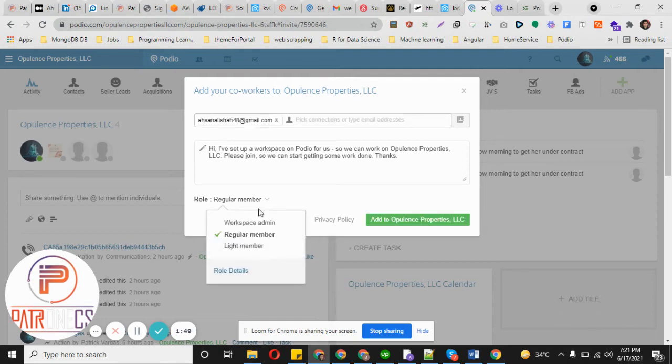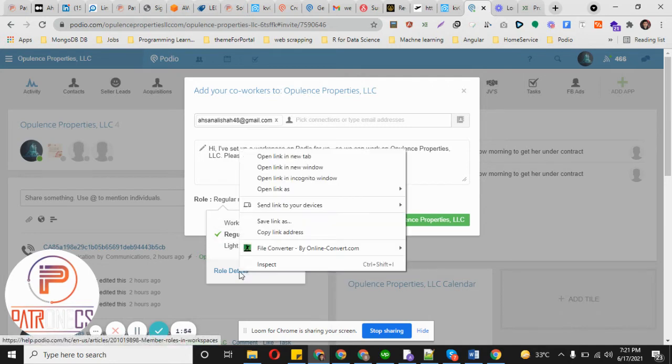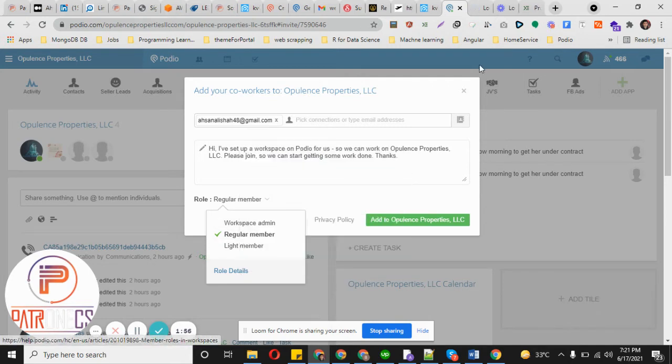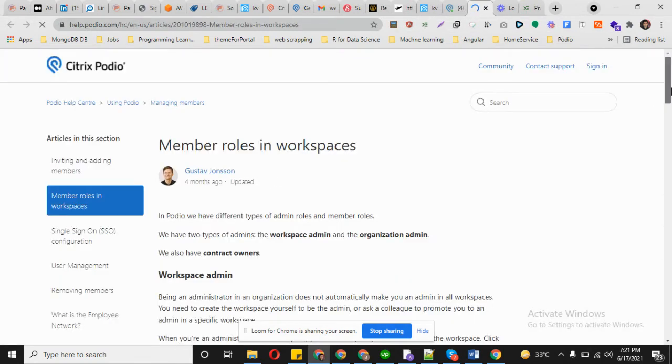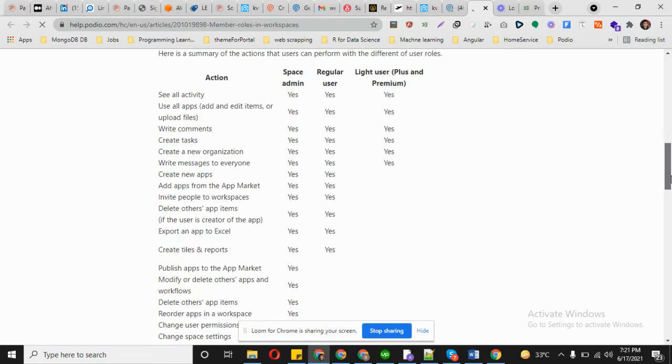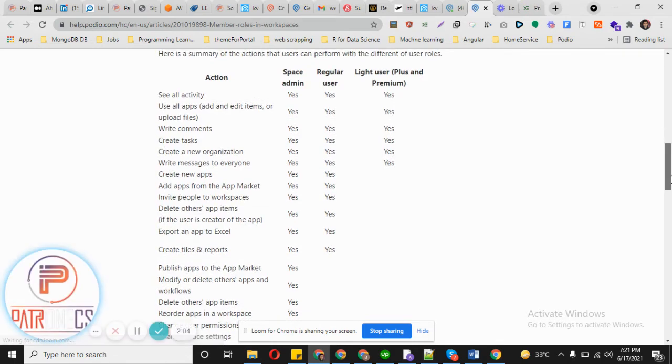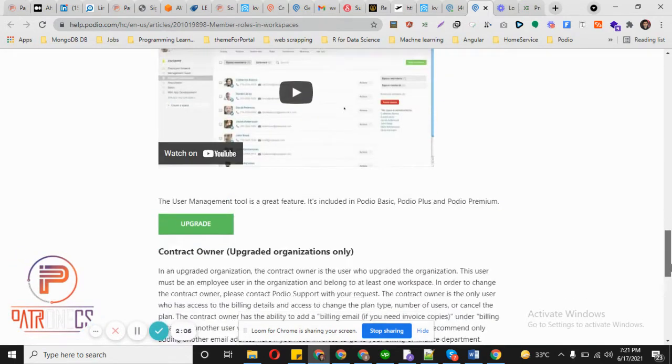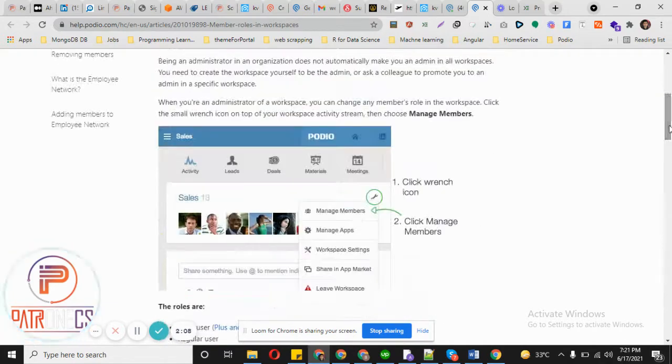Here we have three options. We will be discussing them in detail, but if you click here, you get more details about these roles in this blog which is written here. You can see what they can access, what they can see. Detailed information is present here.